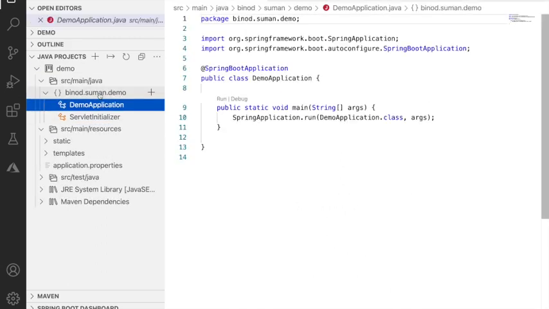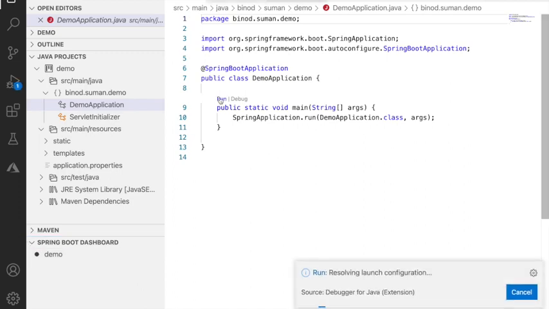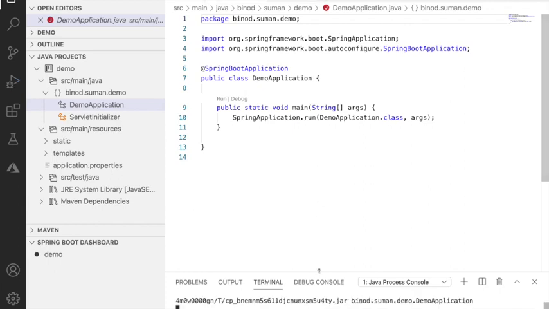So go to Java here, and right now we have not written any code. So if you want to test whether your setup is working or not, you can see here the run button. Even if you go to the Spring Boot dashboard, you can see here the run button. We have many options. So just click on the run button.